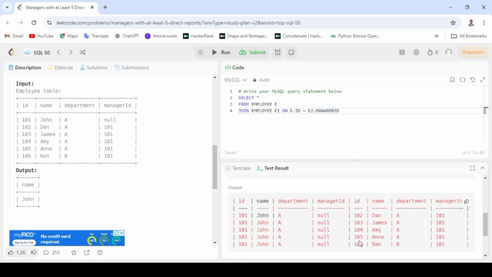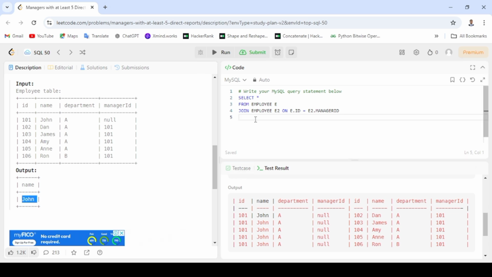Here the manager ID is different, and here the manager ID is the same. It means I have joined the ID of the E table and the manager ID of E2, which are the same. So I have joined this table on this condition, and because we want only a single name,